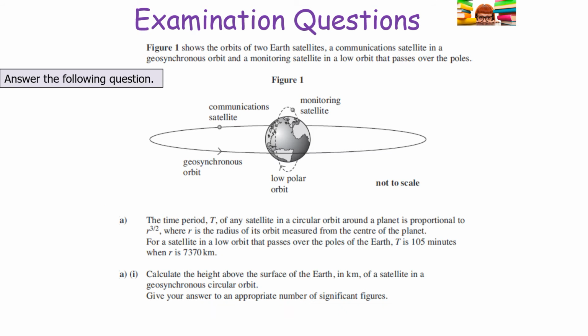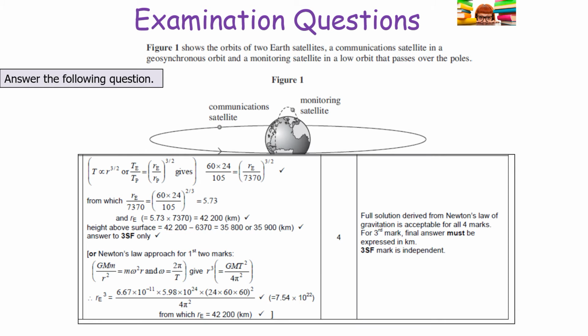As you can see in the previous question, it tells you what the value of r to the probe is going to be. So at that point we can work out what our value is going to be, work through, and we get our answer to be 42,200 kilometers. Then you subtract the radius of the Earth from that, because we're going from the height of the surface, not from the center of the planet, and therefore you get your answer to be